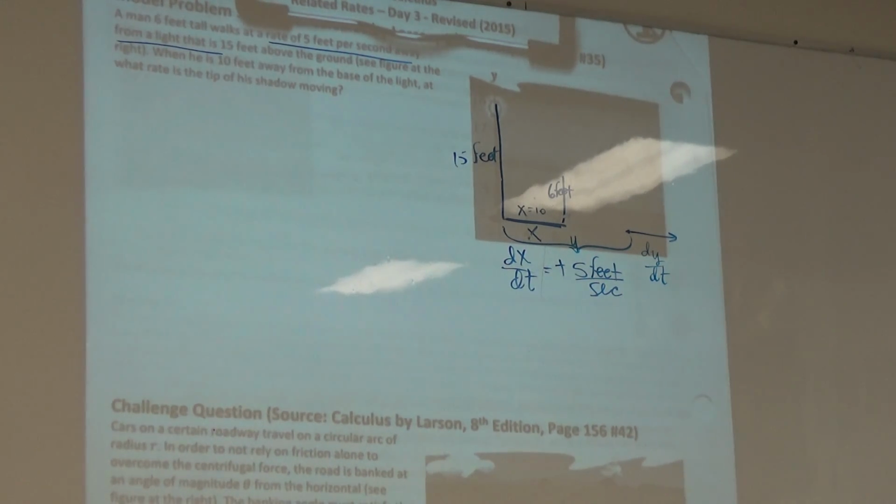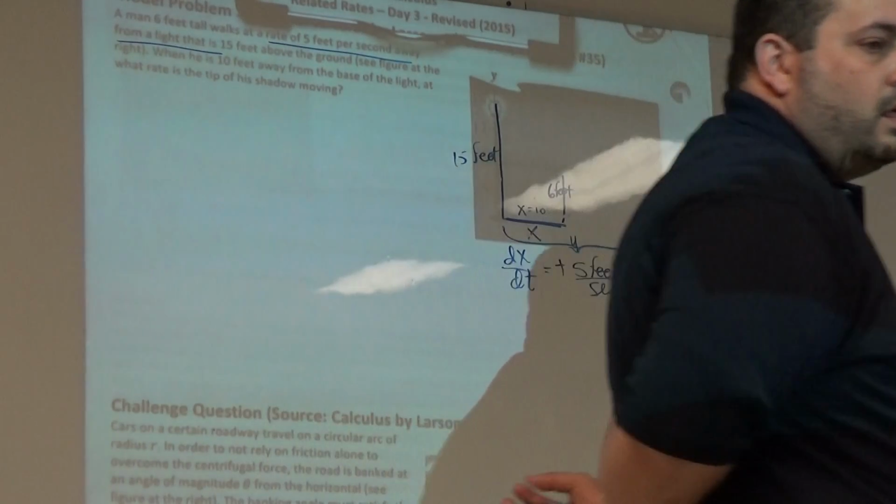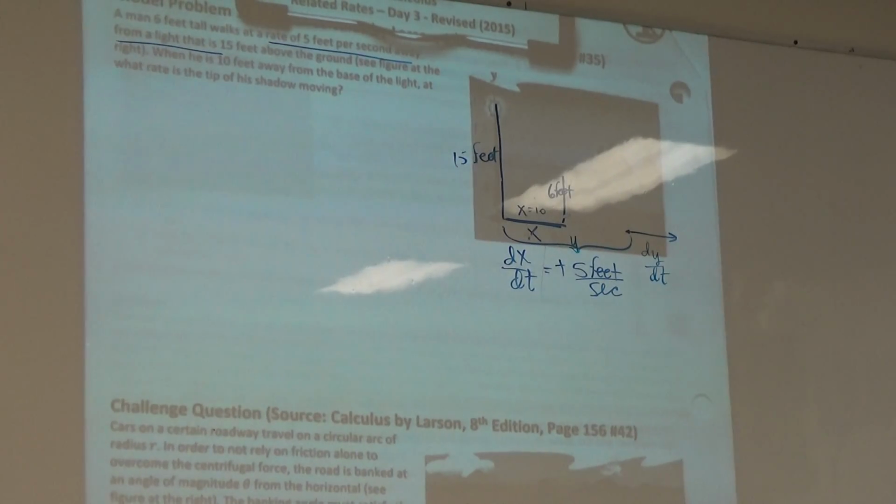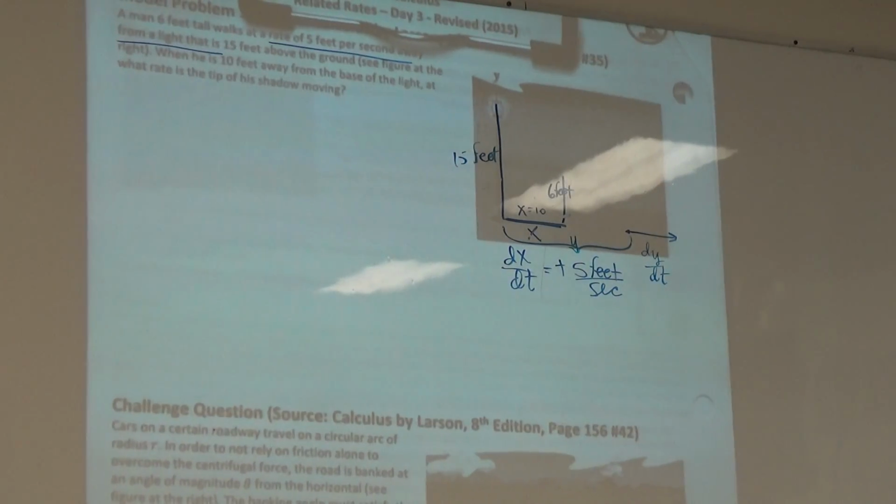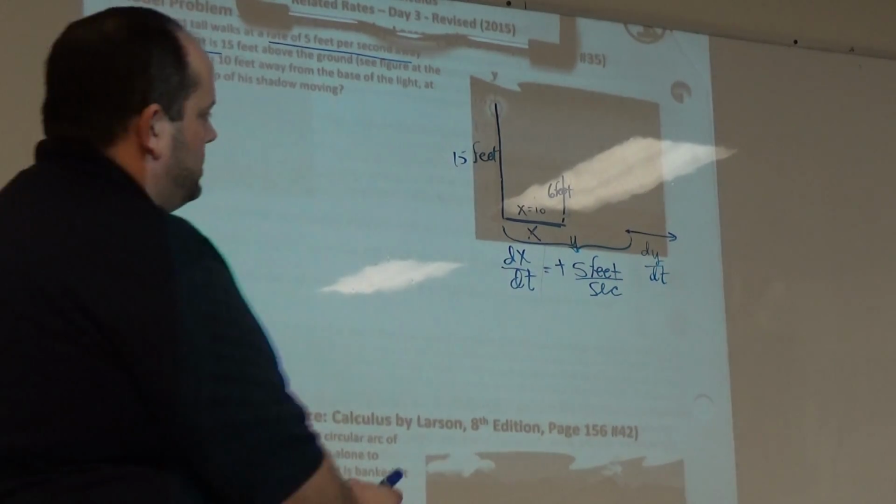It could be x plus the distance from the man to the shadow tip, but I don't know what that's called. If you need a little bit of a nudge,